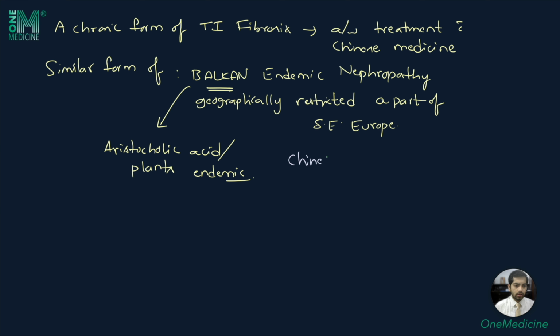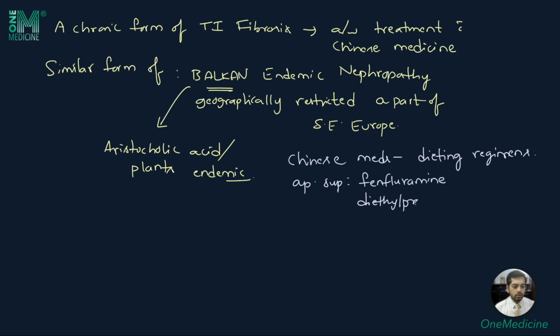The Chinese medicines, on the other hand, are used in dieting regimens, and the toxins implicated in development of chronic interstitial nephritis include appetite suppressants such as fenfluramine and diethylpropion. An important thing to note is that both analgesic and Chinese medicine induced chronic interstitial nephritis is associated with transitional cell carcinoma of urinary bladder